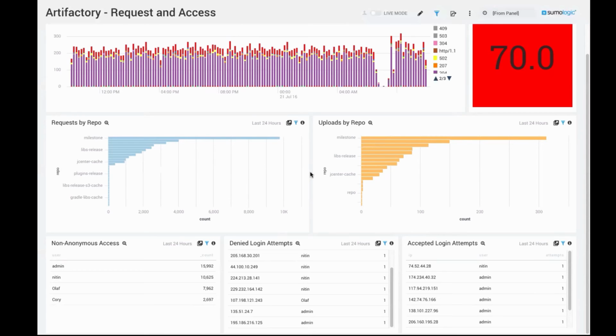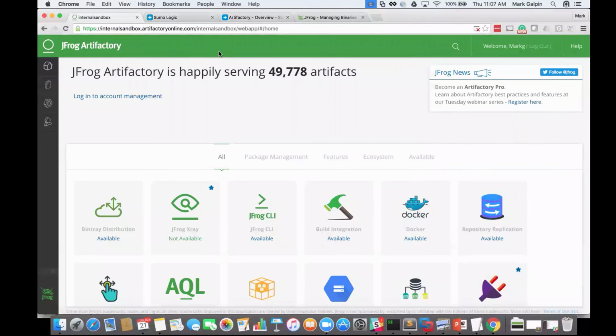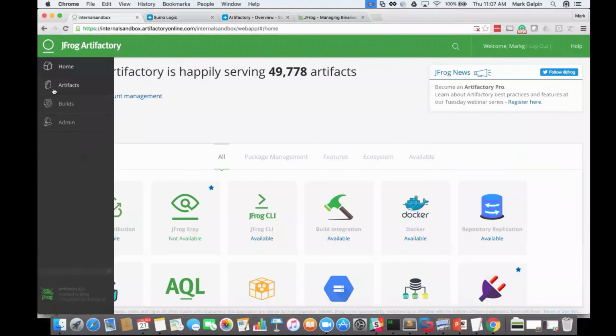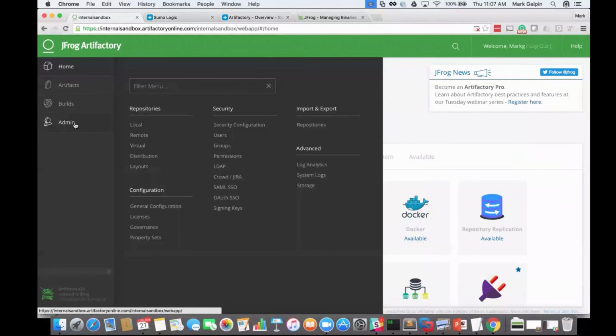And it looks like the first question was somebody wanted to just see again real quick how they could get to the log analytics from Artifactory. Okay. So again, I logged into my Artifactory online. Now over here on the left-hand side, we have the 4 tabs. Out on the admin tab, now again, you do need to be doing Artifactory 4.10 or beyond